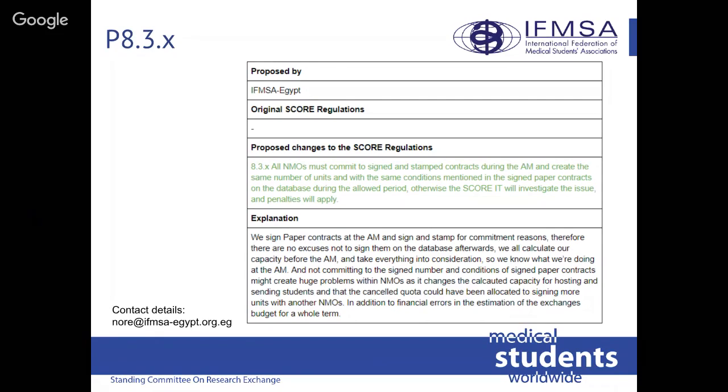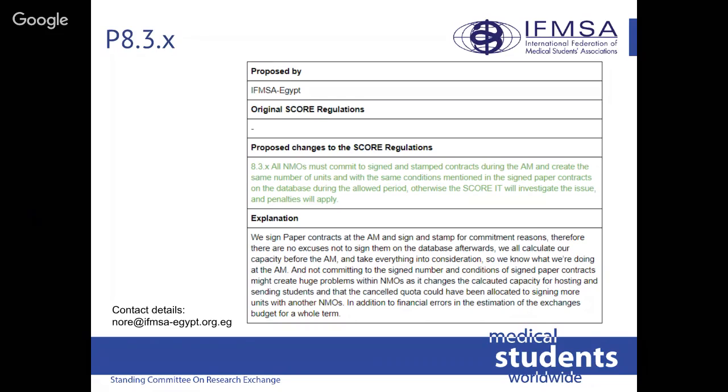You can also see the explanation on screen. Amr, this is a direct quote from him: We sign paper contracts at the August meeting and sign and stamp for commitment reasons. Therefore, there are no excuses not to sign them on the database afterwards. We all calculate our capacity before the August meeting and take everything into consideration so we know what we're doing at the August meeting. And not committing to the signed number and conditions of signed paper contracts might create huge